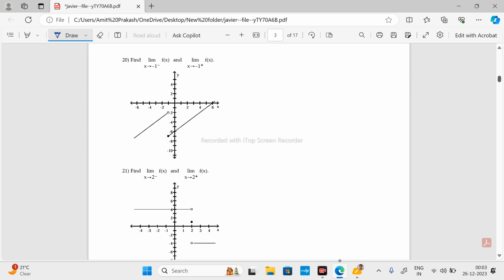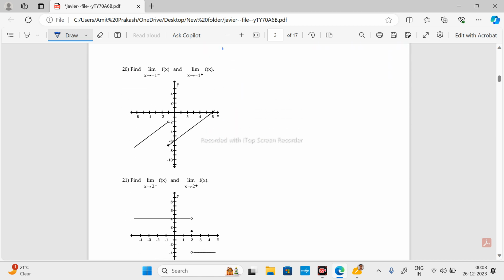Again, we have to find out the limit in this problem by graphical method. So at x tends to minus 1, the limit x tends to minus 1 minus, this is the minus 1, and the value of the function is minus 2. So the limit x tends to minus 1 minus is minus 2. So this is the limit, and the limit x tends to